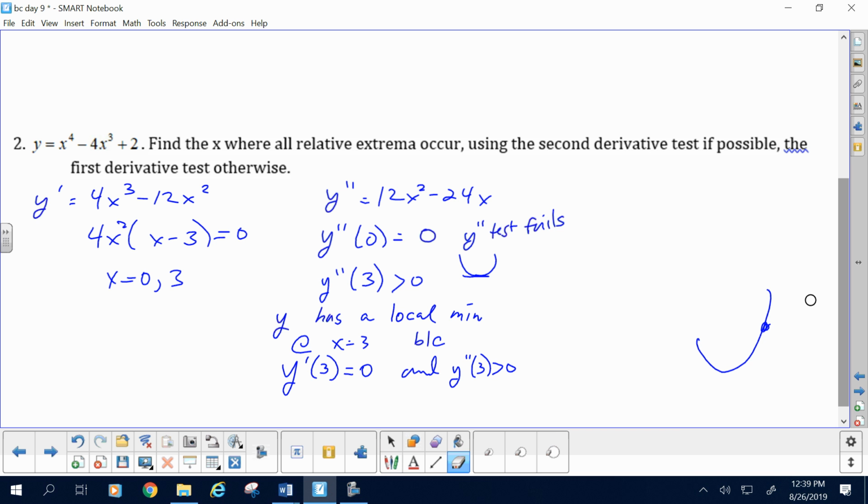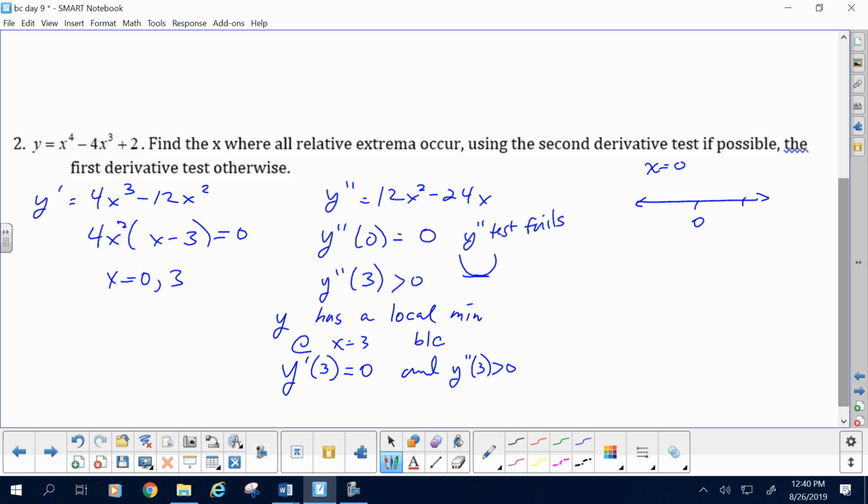All right. Sorry about that. Okay, so the second derivative test failed at 0, so that means I have to go back and look at x equals 0 with the first derivative test. When I do the first derivative test, do I look at 0 or around 0? Around 0. First derivative test is interval testing, and so I test and I get something like